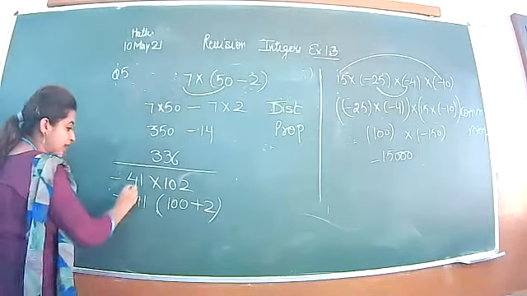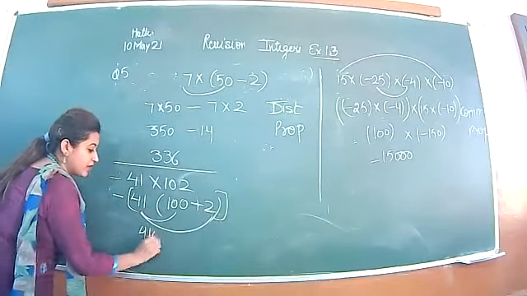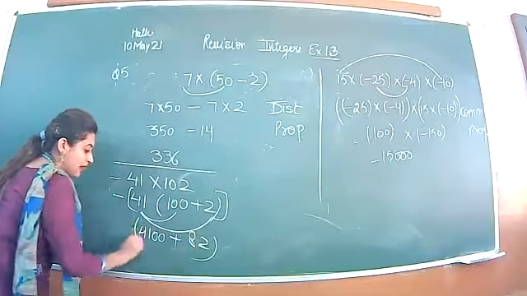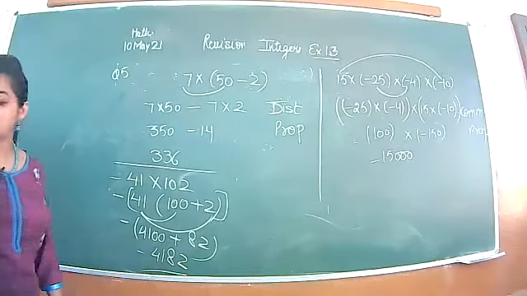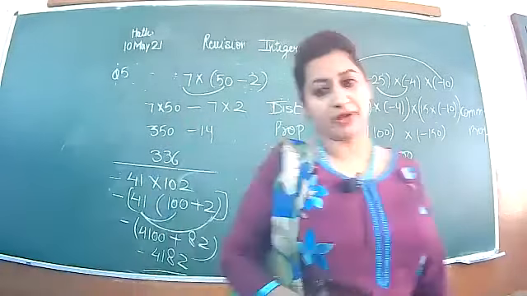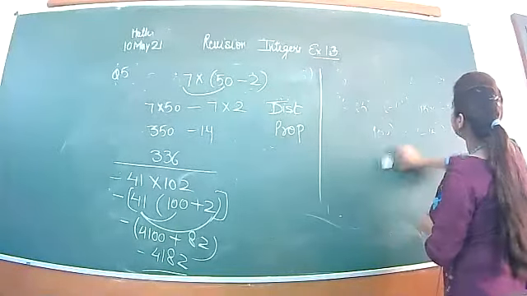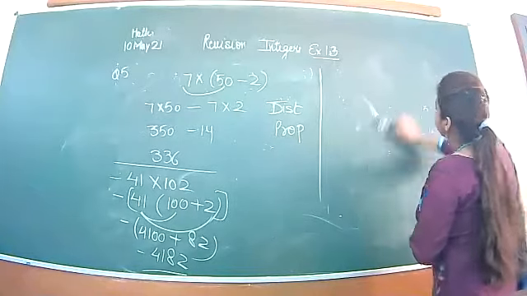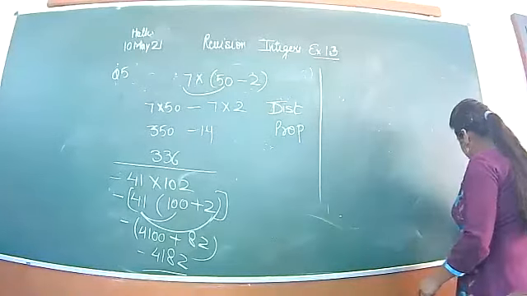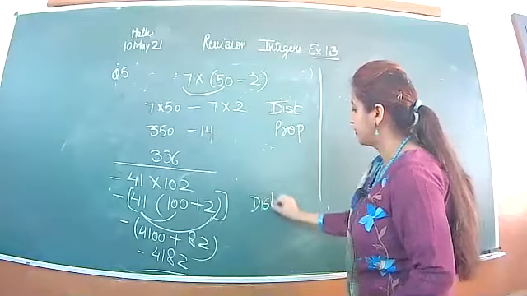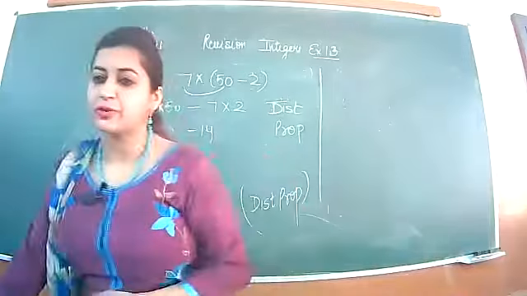Three terms are there. Minus you will keep as it is. Outside you will multiply them. This is 4100 plus 82. Minus is outside, so your answer is minus 4182. Don't directly multiply this. Whenever it is written to find the product by rearrangement, by using a suitable property, then you have to use the property. And here the property used is distributive property. So use the distributive property.